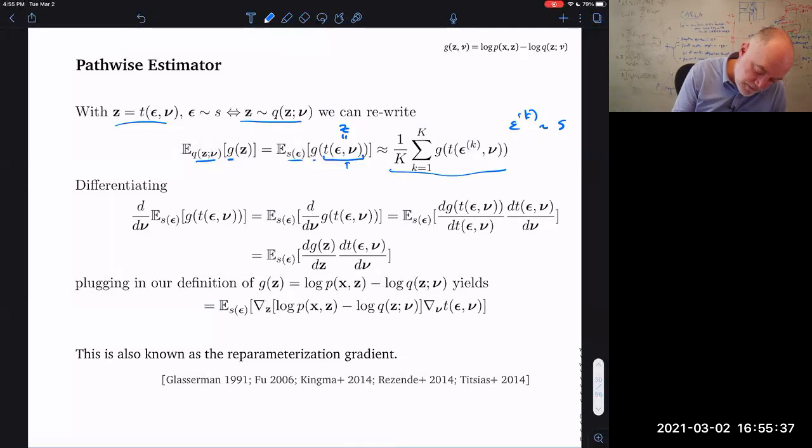So now we have the same problem that we had before, which is we have an expected quantity, and this G is the same G that we had before, right? So this G is the ratio, the log density ratio. But we want to maximize the ELBO. This is the same thing that we're doing, but we're going to assume that Q is reparameterizable, which means that